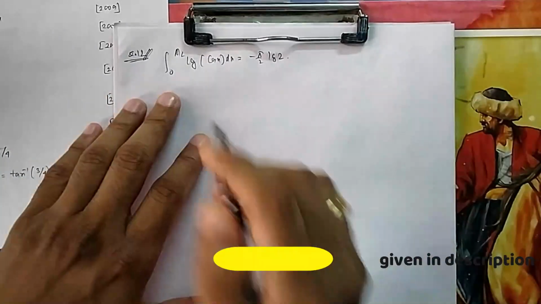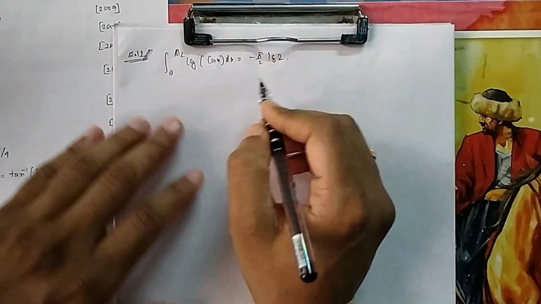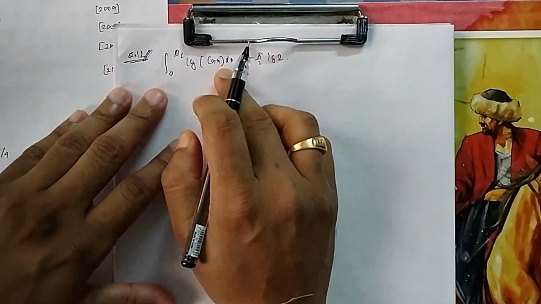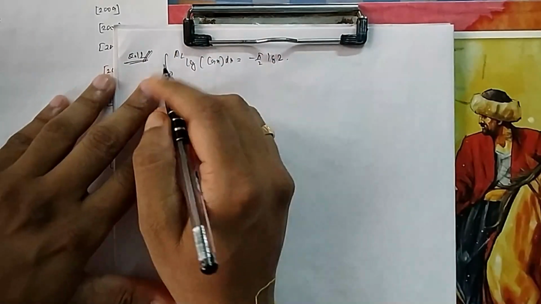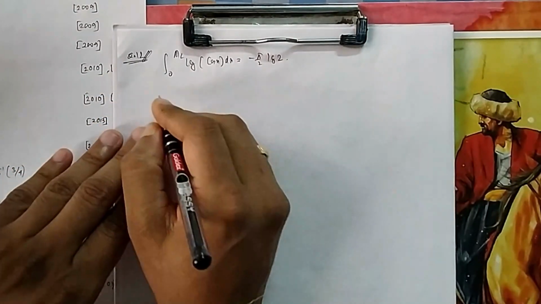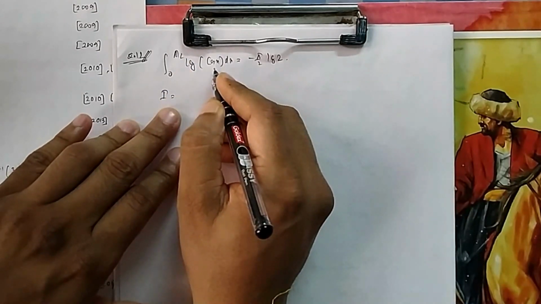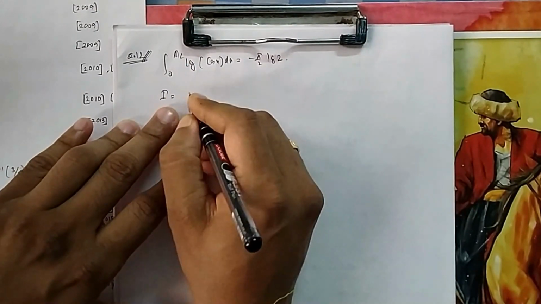Okay, in question number 12 it is asked to calculate the integral from 0 to pi by 2 of log cos x, and you have to prove it is minus pi by 2 log 2. It is the same as 0 to pi by 2 log sin x also. So you remember, if there is a change from cos to sin also, the procedure remains the same. If there is 0 to pi by 2 and a trigonometric function, there is always a temptation for the King's rule.